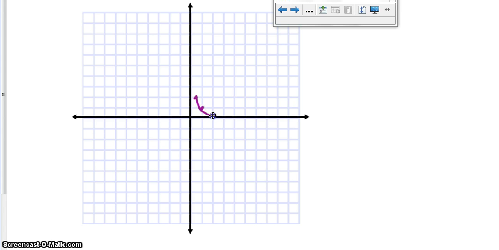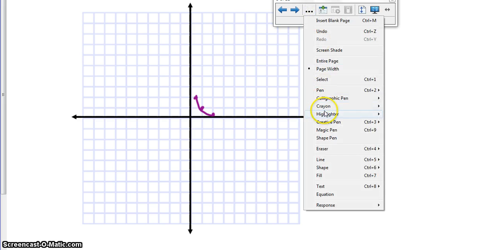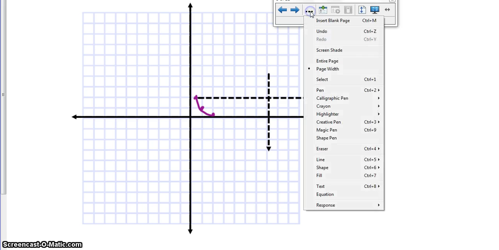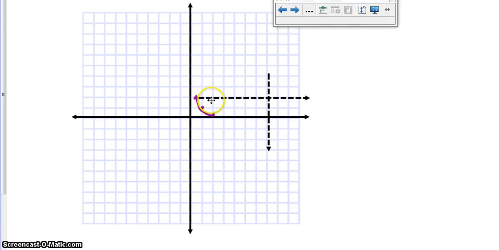But let's say Mrs. Rose wants to put it over here. Well, if my asymptotes are right here and right here, and all I want to do is take this original parent function and shift it over to here,